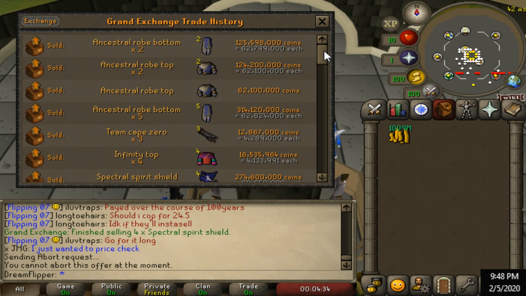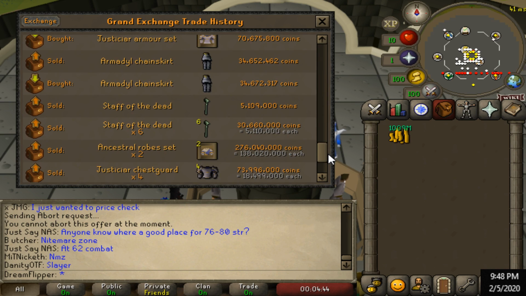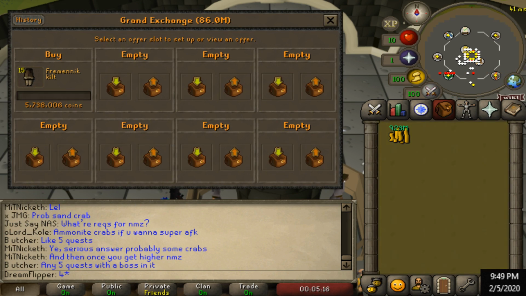9 mil up, which is quite good already just in one day. You can see all the flips we ended up doing today to make us that 9 mil. Okay, so overnight, I want to put in some offers, but like I was saying, the Nightmare is tomorrow, and